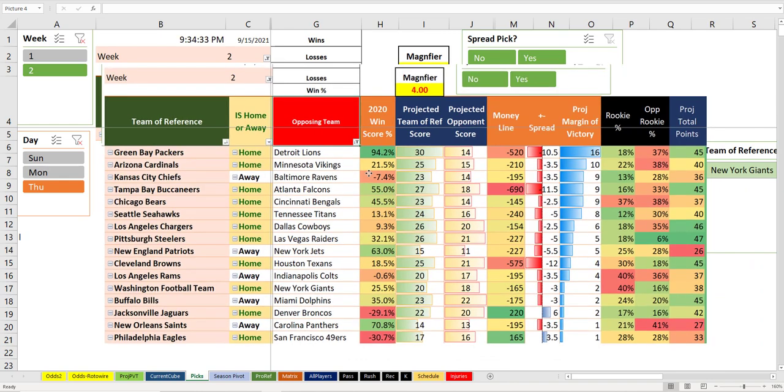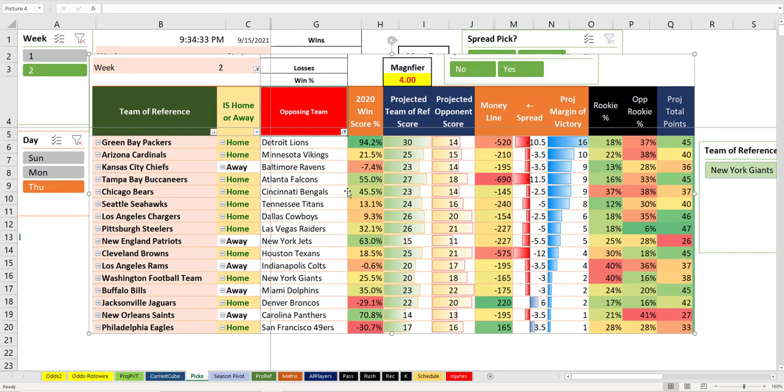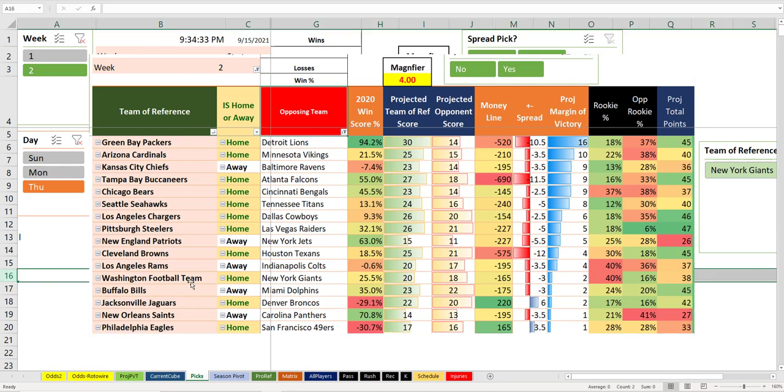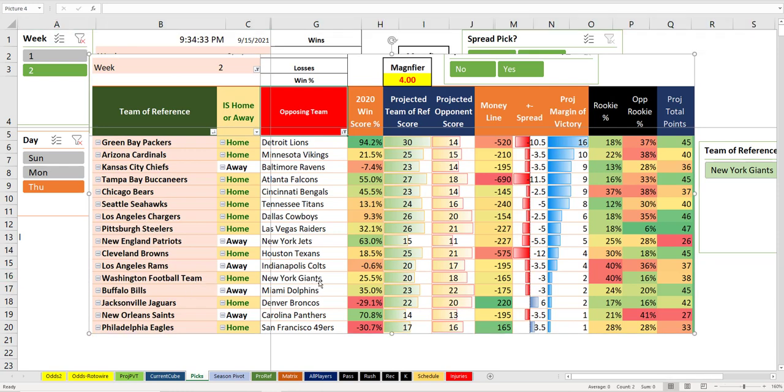So I wouldn't trust this at all. But why am I showing this to you? Well, because a lot of the odds makers are going to be going off something more similar to this, because it's more related to how these teams played last year. So we'll see how this compares to the lines that are offered in the games, and specifically Thursday night's game, which happens to be Washington versus the Giants.